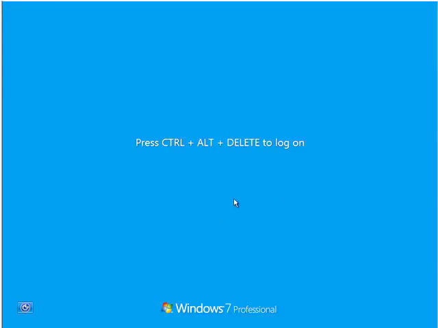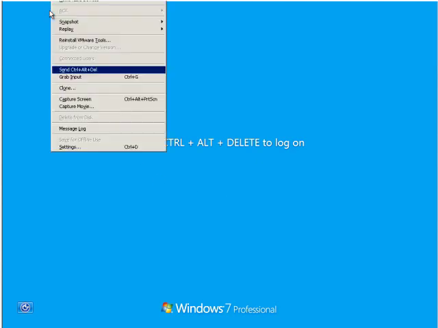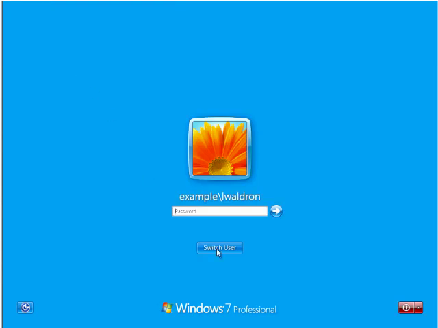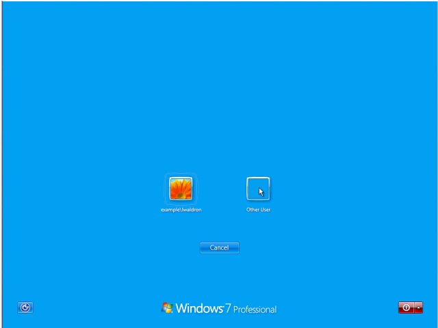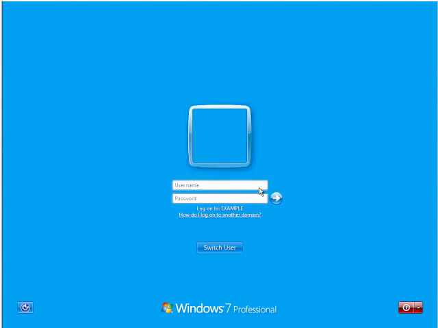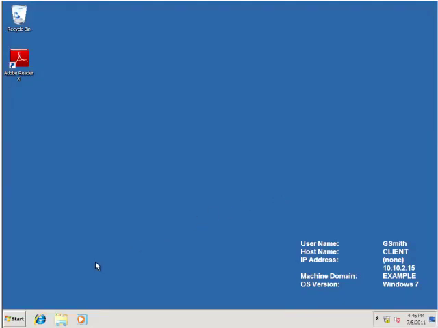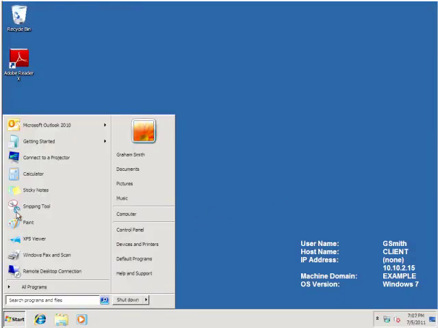And now we switch over to the client and log on as Graham Smith. So I come up to my virtual machine environment, send the Control-Alt-Delete, switch the user, select the other user, type in G. Smith's login and username, type in the password, click my arrow to log in, and then we want to start up Outlook so we can do the integrated search again. So I select my start, Microsoft Outlook 2010,